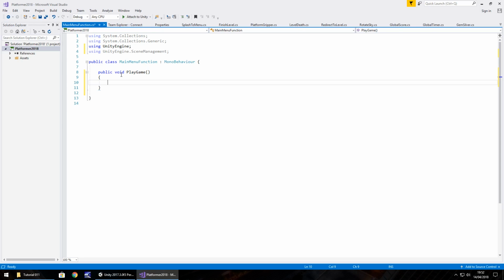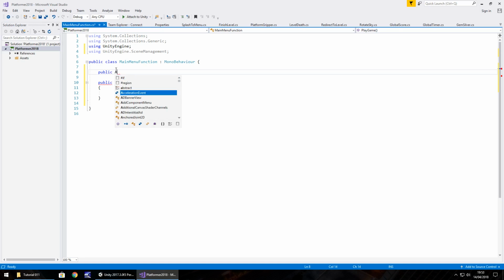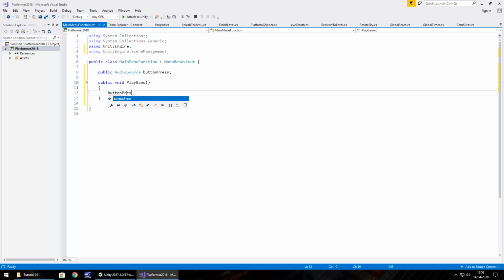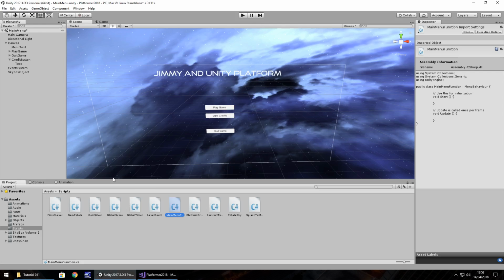Now, public void PlayGame. As I say, we're going to use some sound effects, so we need to declare that here. So public AudioSource buttonPress semicolon. So when we click the play game button, we want buttonPress.Play, open close bracket, semicolon, and then at the same time we want to load the level. So what we can do here is it's entirely up to you how you want to work with this, but